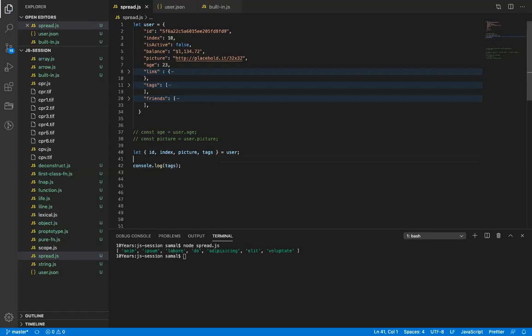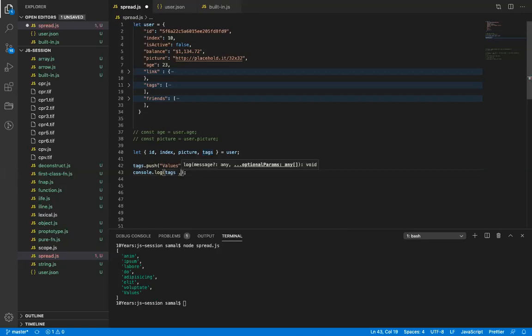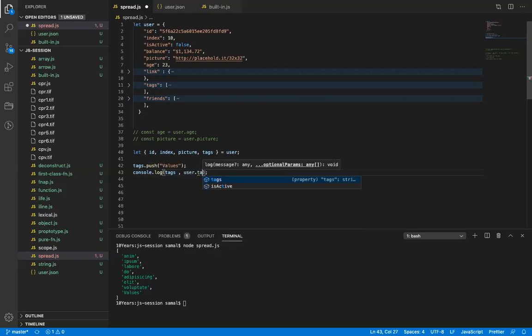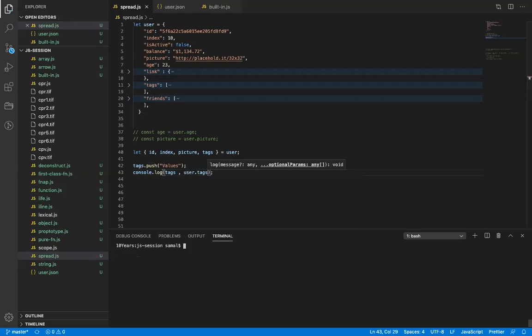If I do tag dot push, okay, if I run this now, you will see I have added a value. But if I do user dot tags, you will still see it also updates the original one.